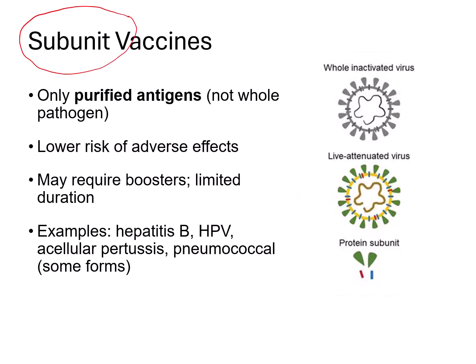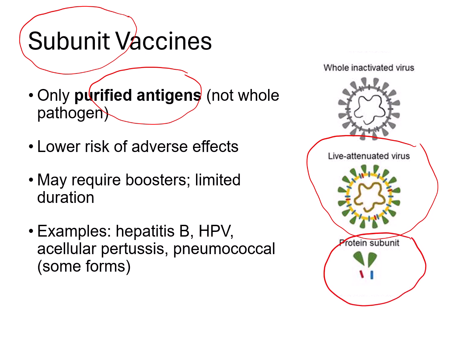Subunit vaccines only use purified antigens, so just a part of the pathogen. For example, here is the live attenuated virus, and for the subunit vaccines, you're only taking some components of this virus. It's very safe with fewer reactions, but immunity overall is generally weaker and may need boosters. Examples of subunit vaccines include the hepatitis B vaccine, HPV vaccine, that's a human papillomavirus, or acellular pertussis, and pneumococcal